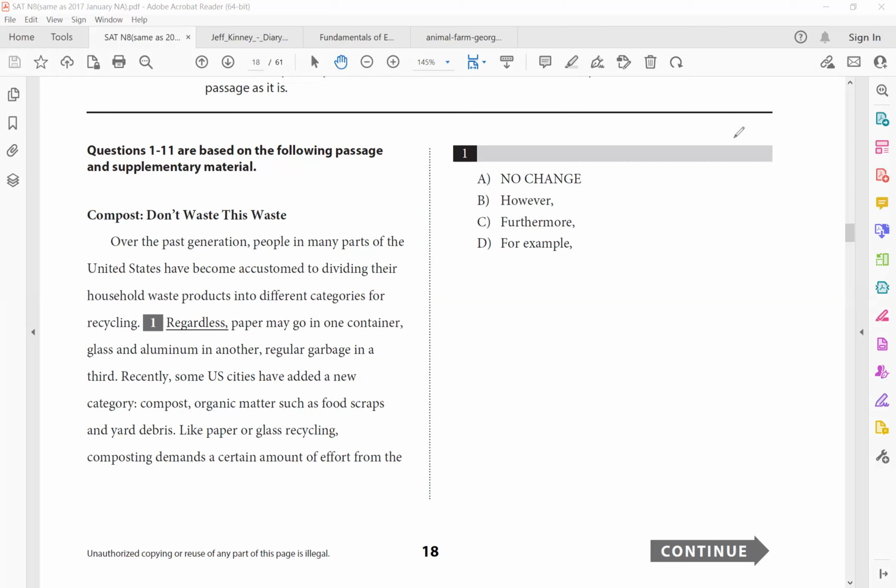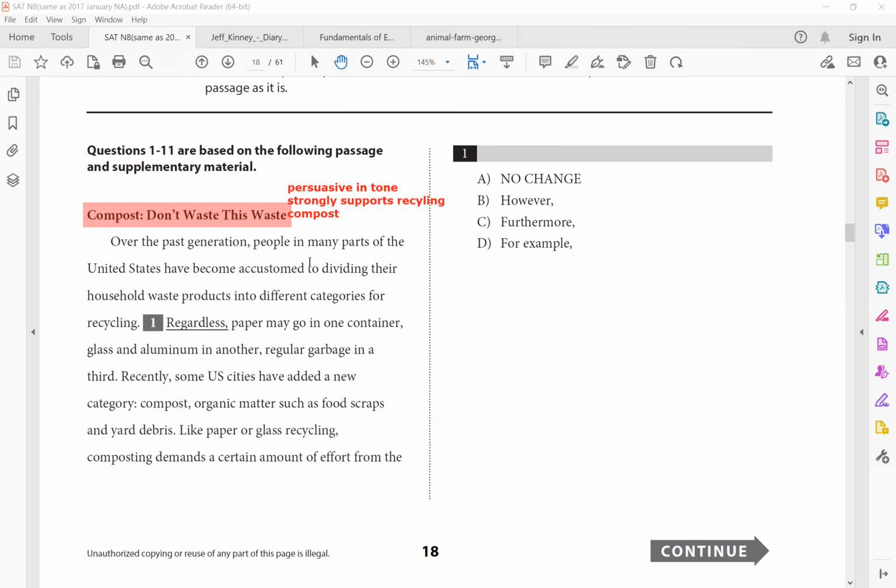So I do understand it is writing and language, so it's not so focused on your reading skills, but it is still essential for you to read the title. Why? Because the title often includes the topic and it tells us the author's tone or attitude. "Compost, don't waste this waste." So this is persuasive in tone and it strongly supports recycling compost, right? That's what we can get. And the second place we should check is our thesis statement, which is usually the last sentence of the introductory paragraph. Okay, so let's get started.